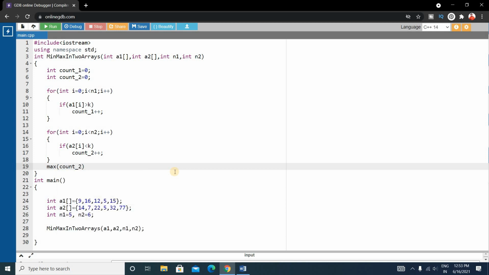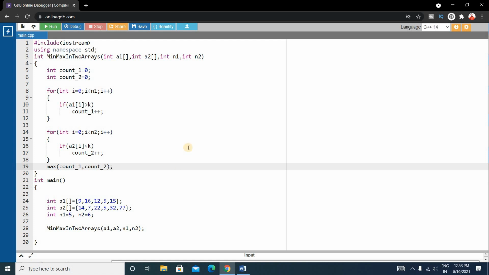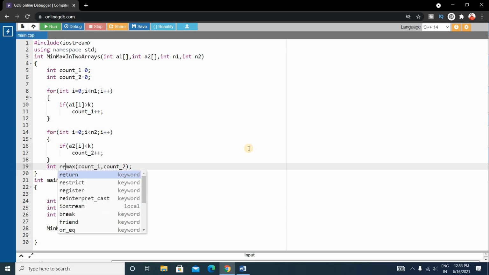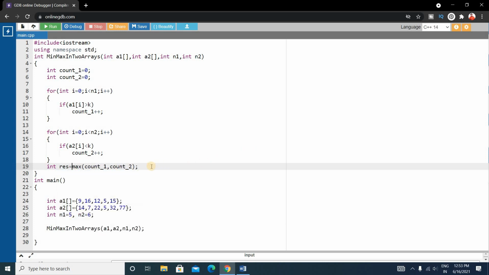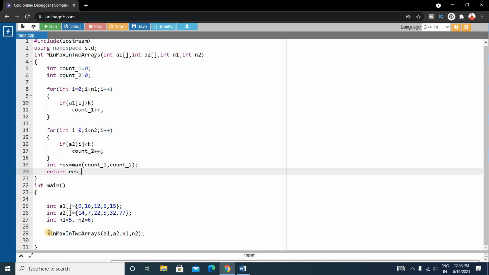Whichever value is maximum will be stored into another variable, suppose int result. Finally we will return the result. Here the return type is integer. Now we'll print the return value here.